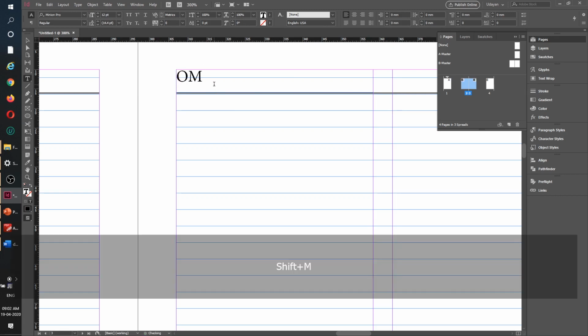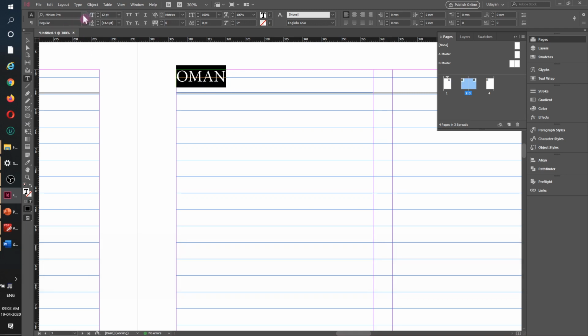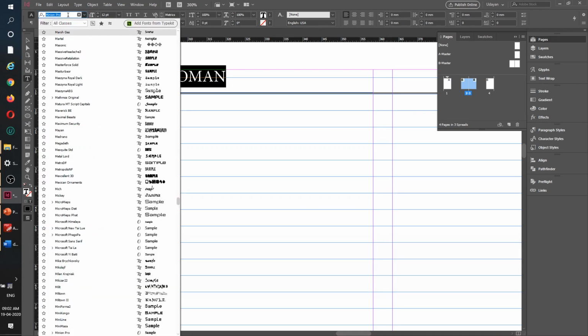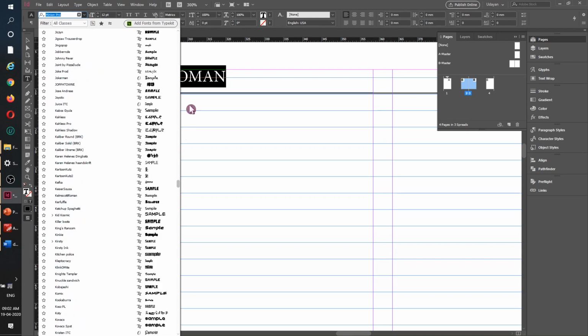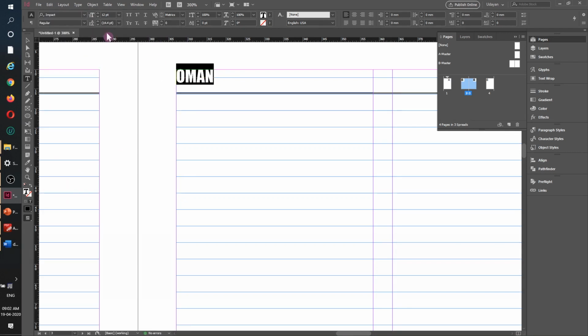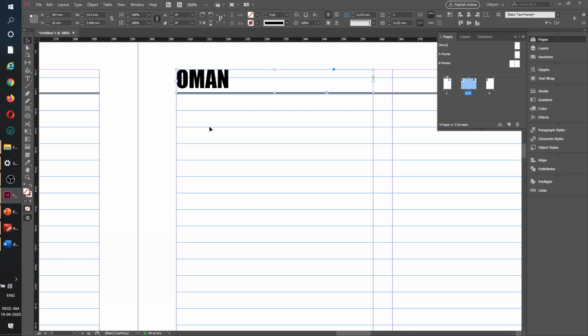Okay, I'll write OMAN. Okay, and I will make this also Impact, because Impact is a very heavy font. I'll write in Impact, and I can also make it big. Okay, so it is kind of giving me an idea about the section name.